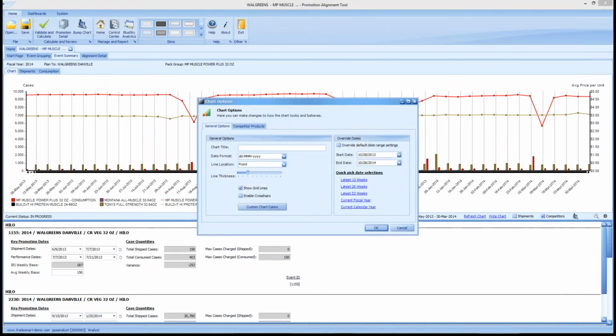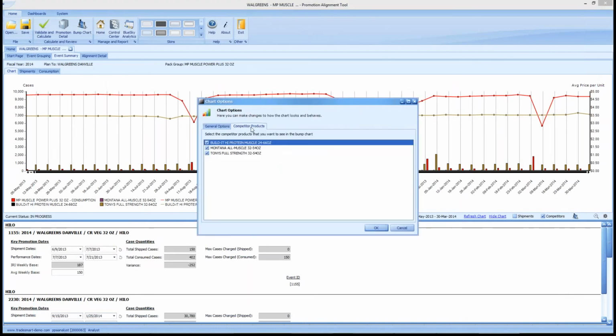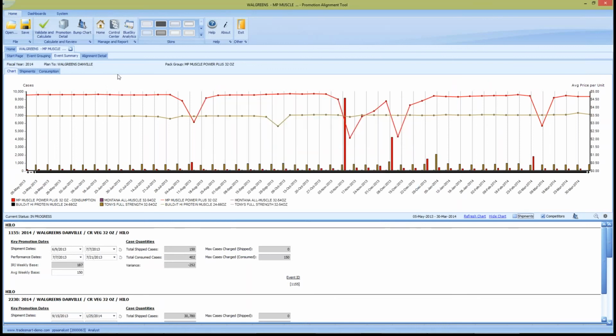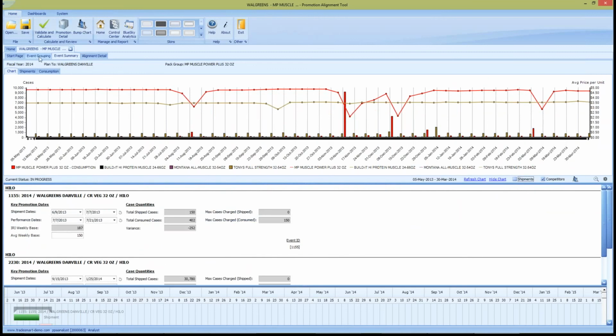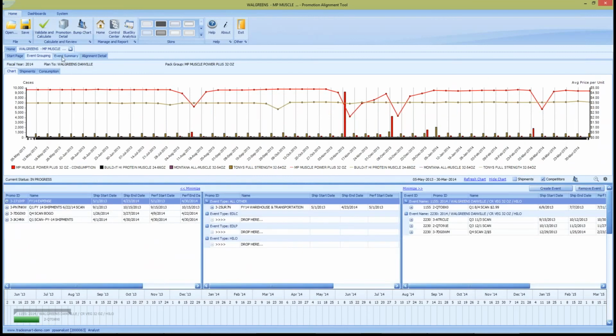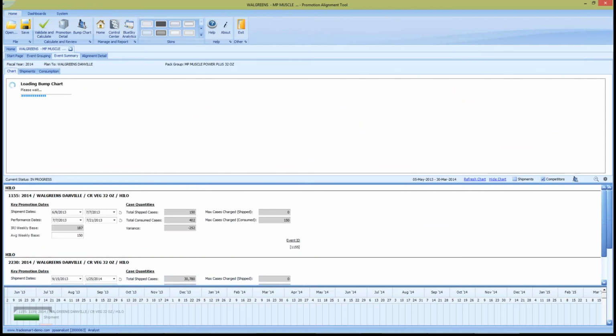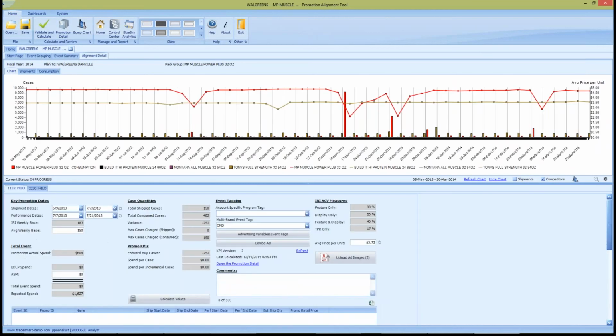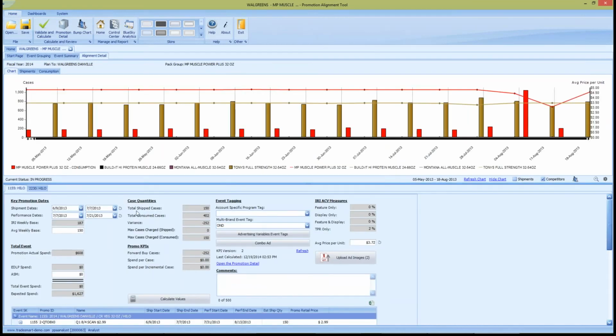I can also look at my settings, and I can change different things, and I can look at the competitive products that I'm comparing it with. I align the different events, and then I can look at an event summary and how I align those events. I'm looking at the different events, and anything that's not in the gray box, I can edit. The ship dates, the performance dates,